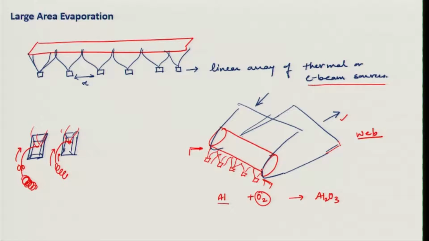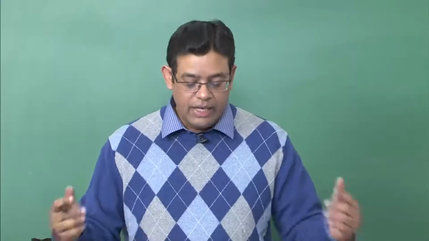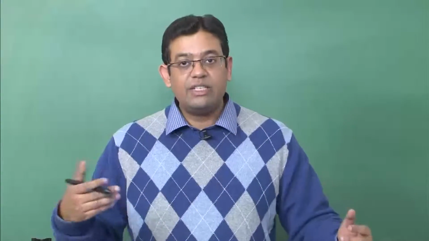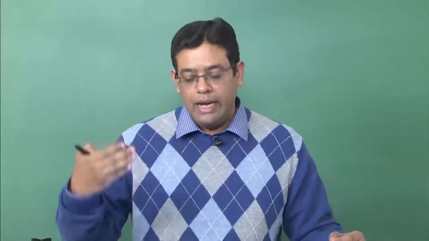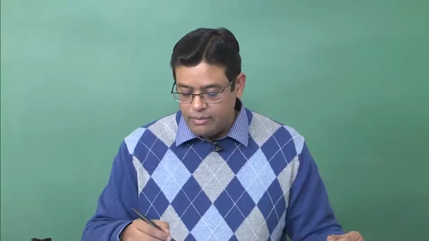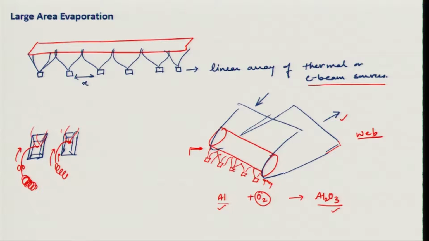Okay. So, you can play with all this, and deposit not only aluminum but aluminum oxide as well. Okay. These kind of systems are normally used in the food packaging industry. So, if you ever see your bag of chips, inside of it you see a shiny surface which is usually aluminum and aluminum oxide. Okay. It forms a very nice moisture barrier, and these are made by this process. You can also use electron beam evaporation if the vapor pressure of the material being evaporated is not